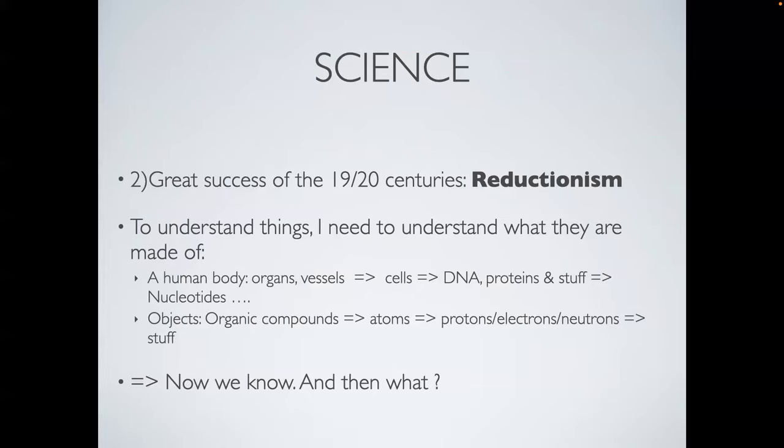So this was a great success, but at some point it reached some kind of limit, because we now understand most of what is in a human body, up to a certain level, of course. The typical example is the brain. Maybe in the brain we know all the cells that are in it. We know basically what is inside these cells and how the connections between them work. Of course, not all the details, but a lot of it. And still, we understand very little about how consciousness, the mind or intelligence emerge from this bunch of